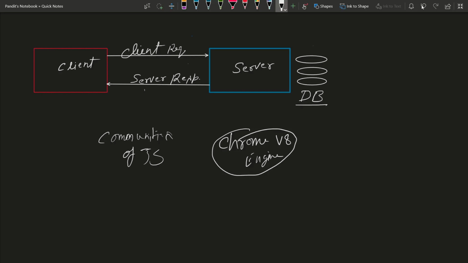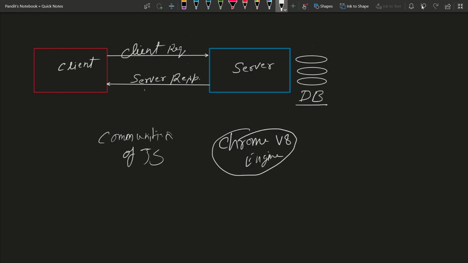All this is possible because of the Chrome V8 engine. This is the fantastic thing that is inside our browser, right? Because of this we are able to build our UIs.